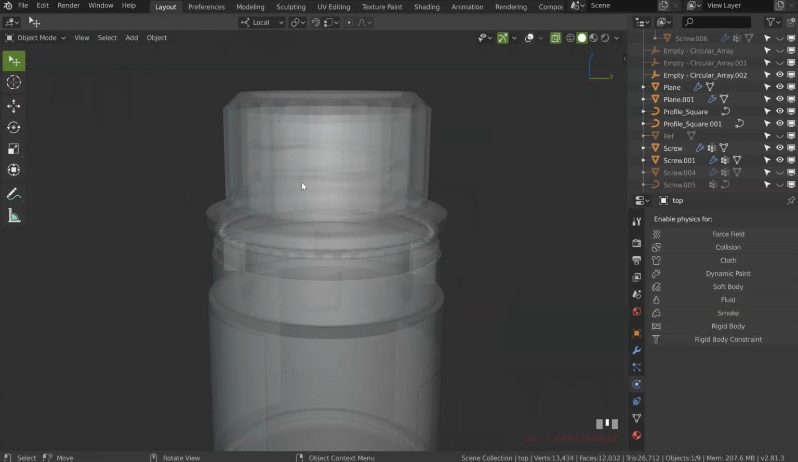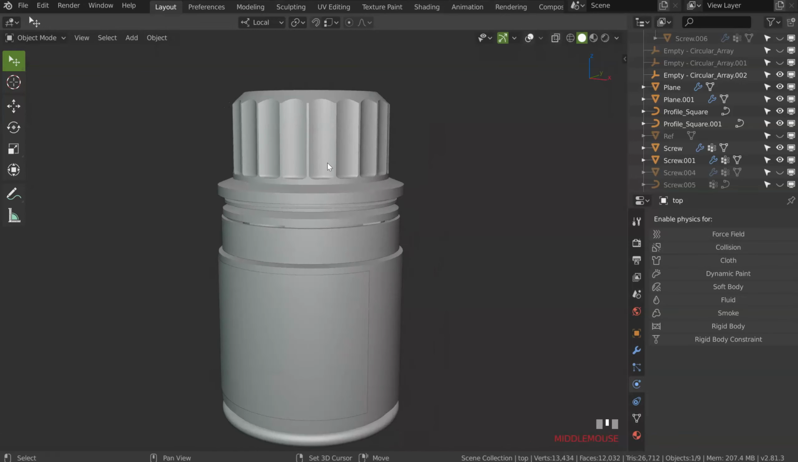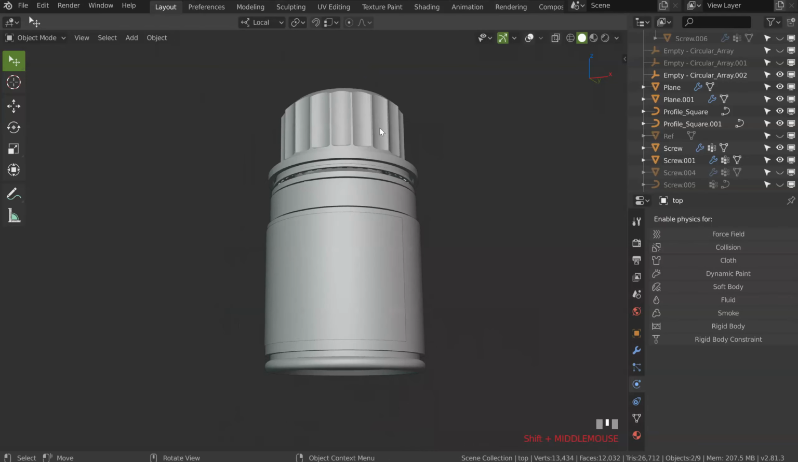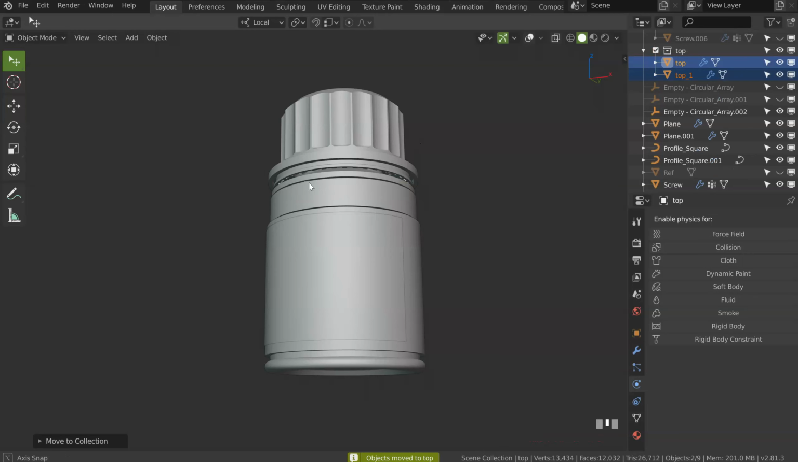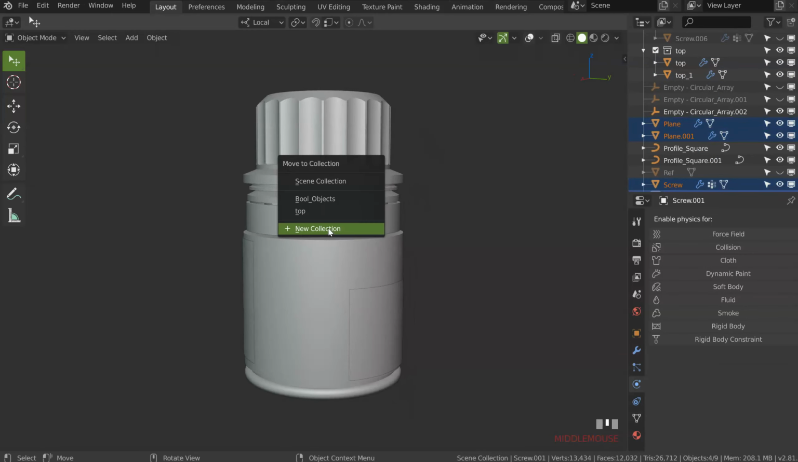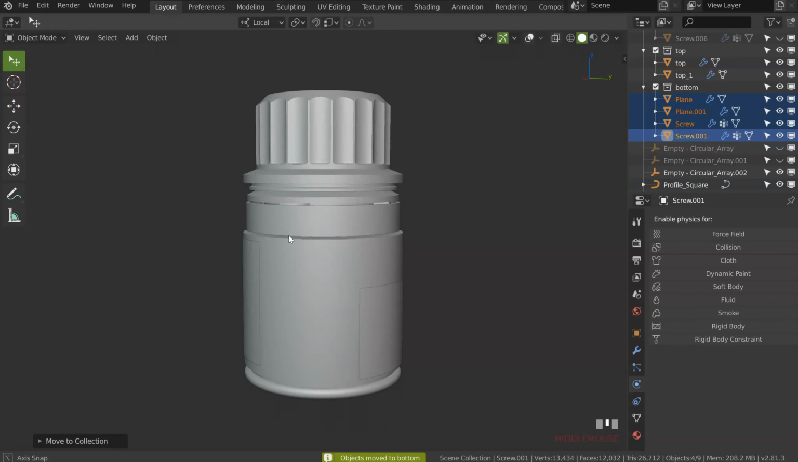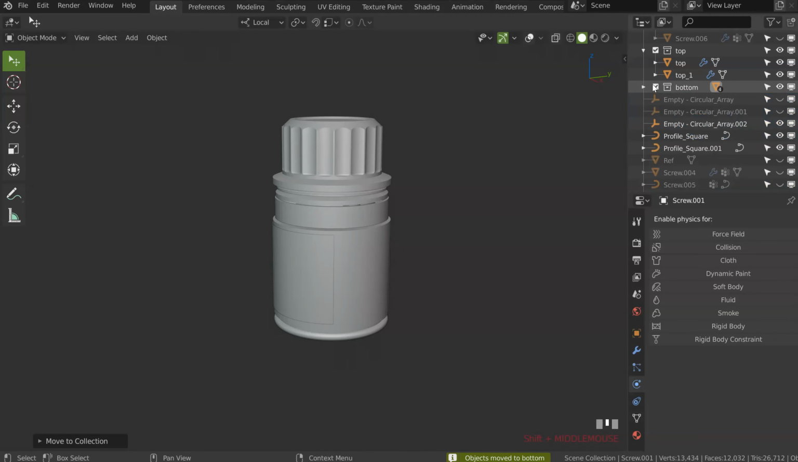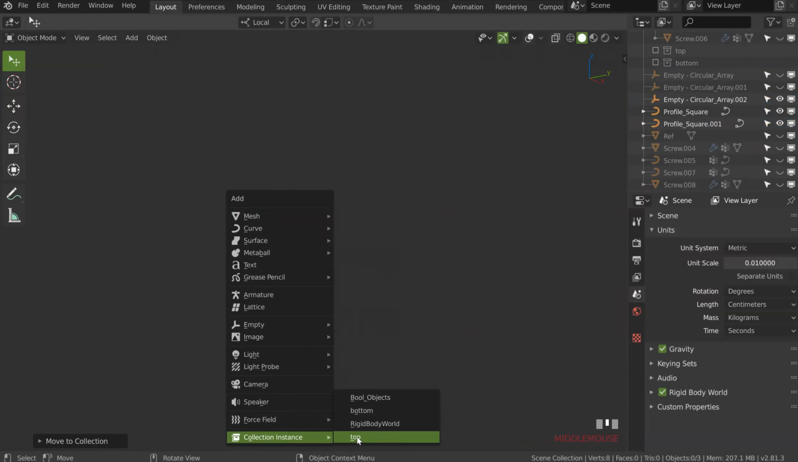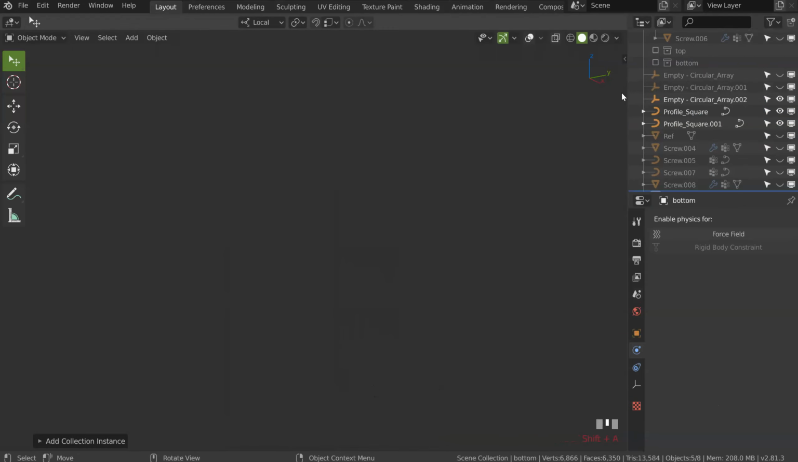So this is nice. So the X-ray, what I can do is, after, take those two, and create a collection. Let's see, I will name it top, like that, boom, and press H, and select the bottom part, like that, and make a collection, and make it bottom, boom, okay. And you can, if you want, hide top and hide bottom, and Shift A, collection instance, bottom, and it seems, if